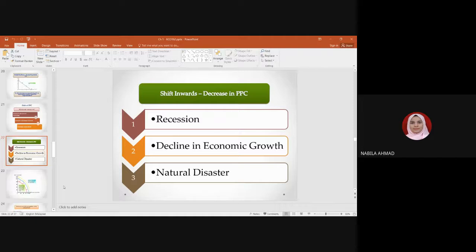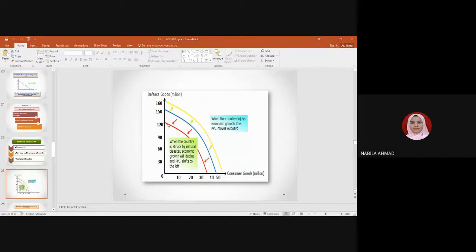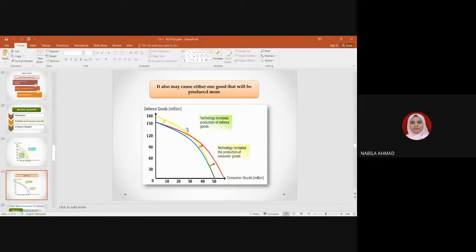Right? So macam mana bentuknya PPC shift inwards daripada blue curve to the red curve. Nampak tak shift inwards? Maksudnya dia akan produce less defense goods and less consumer goods. Right. So selain daripada shift macam ni, kita kata shift ni parallel lah. Shift parallel maknanya kedua-dua barang akan shift serentak. Tapi dia juga boleh shift sama ada dengan salah satu curve sahaja. Contohnya,